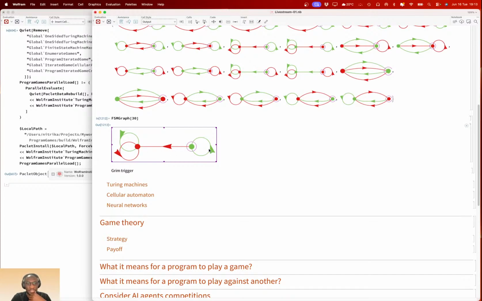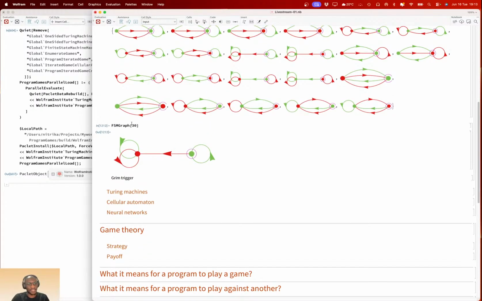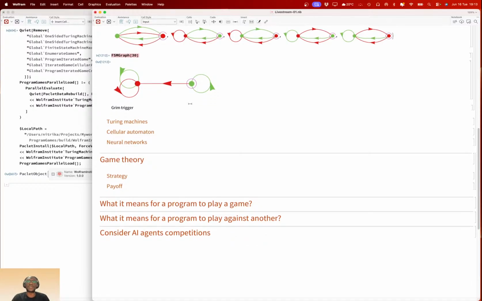The nodes represent the states. Because it's a two-state machine, these represent the first state and these are the second state, right? The circled purple one is the initial state. From the initial state you cooperate, and the green just means cooperate here.